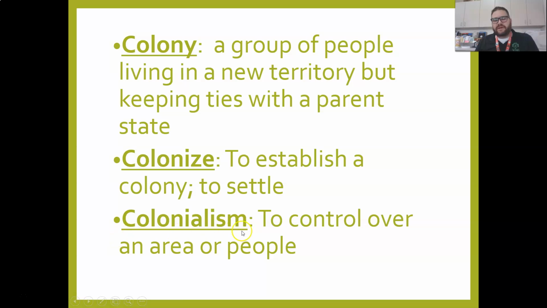In colonialism, that is to take control over an area or people. Control over an area or people can be in a variety of different ways. It can be by military force, as we've talked about, or it could be through a democratic process of elections or voting. And so colonialism can come about in different ways, but a lot of times it involves